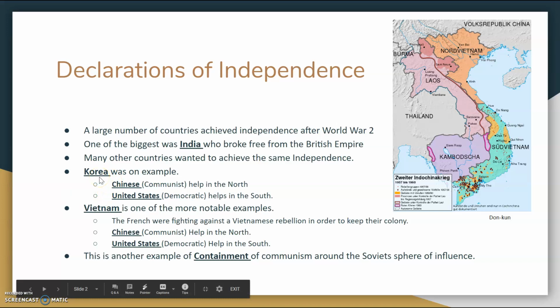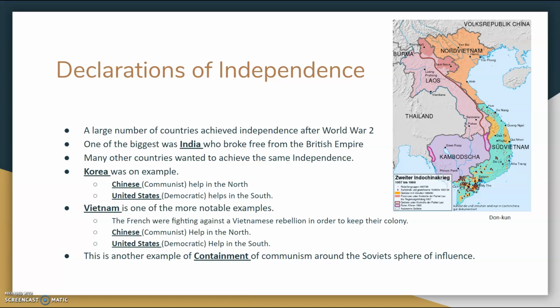What we see in Korea is there's these revolutionaries that want to take over, and the people from Korea divide up in two groups, the South Koreans and the North Koreans. If you remember back to earlier in this web quest, we talked about how America's policy toward communism was containment. Well, since the Chinese were helping out the communists in North Korea, America saw that they needed to help out the democratic people in Korea, and they ended up aiding the South. That ends up being a drawn-out war, and Korea is divided into the way it is today in North and South Korea. A few years later, we see Vietnam.